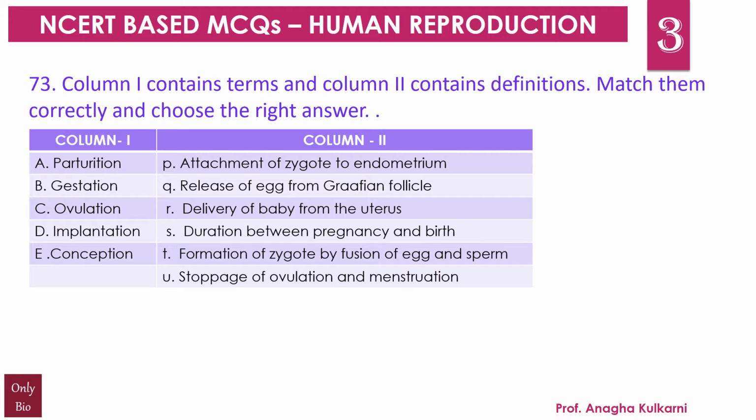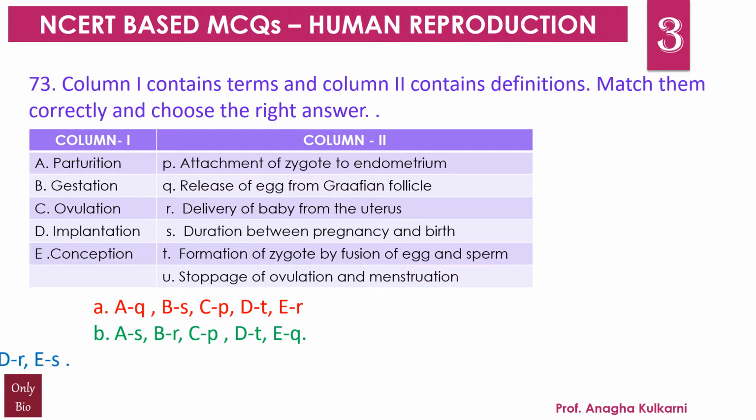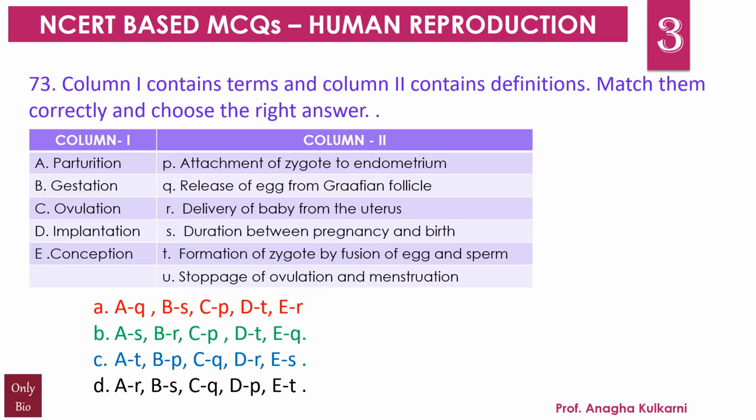And the options given are option A, wherein it says A can be matched with Q, B, S, C, P, D, T, E, R. Option B, A, S, B, R, C, P, D, T, E, Q. Option C, A, T, B, P, C, Q, D, R, E, S. And option D, A, R, B, S, C, Q, D, P, E, T. And the correct answer for this question is